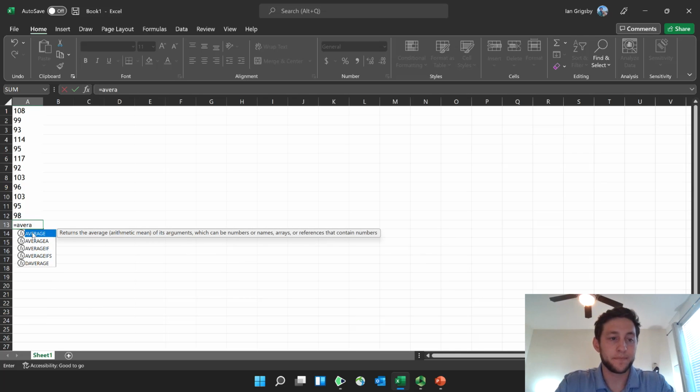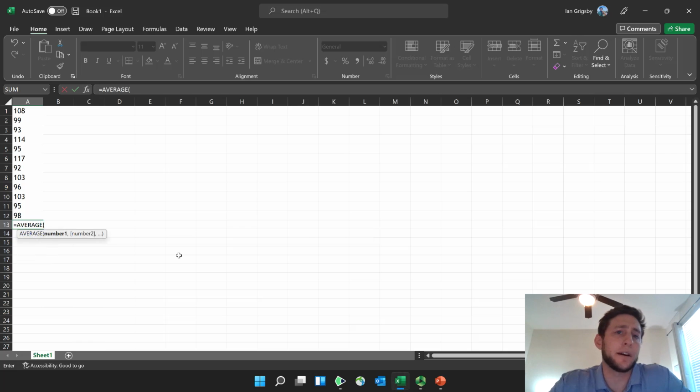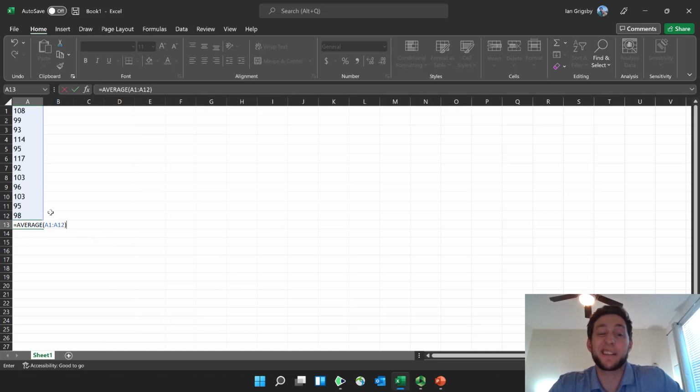So if I start typing in average, notice it pops up. If I double click on it, notice that a parenthesis opens up. Once a parenthesis opens up, I'm able to drag and highlight, so I am dragging the whole time, all values I care about. It pops up A1 through A12, A1 colon A12, which is the column A and the rows 1 through 12. If I then close my parenthesis, that tells me that's all the values I care about, so I only care about A1 through 12. And if I hit enter from there,